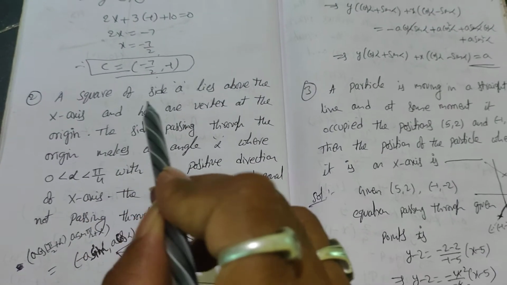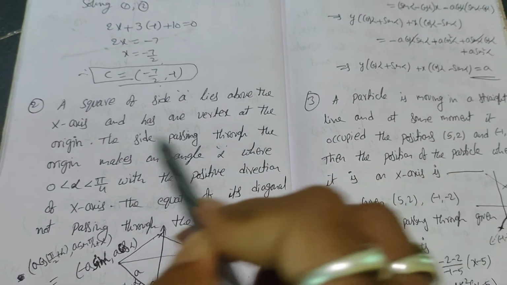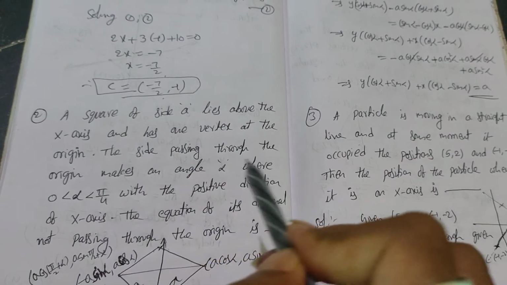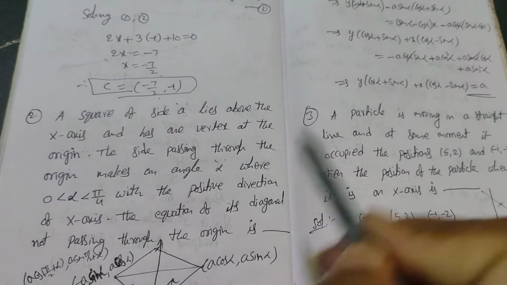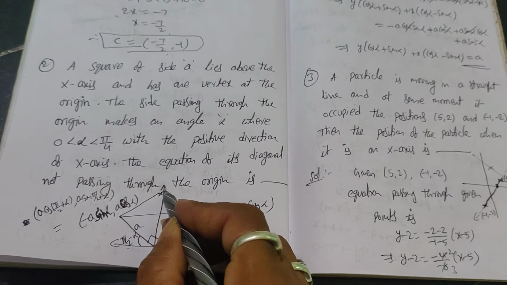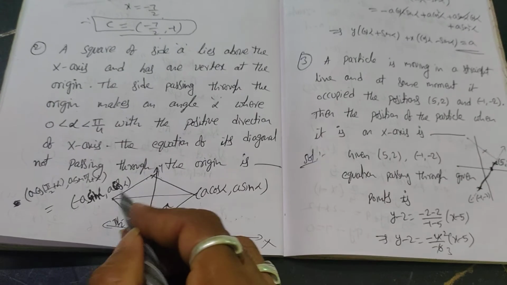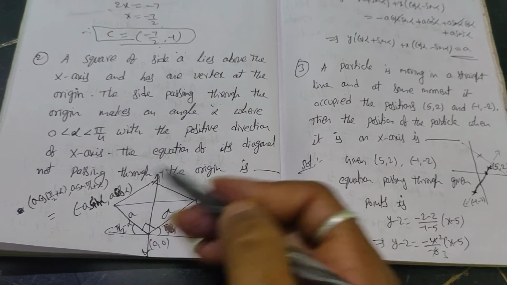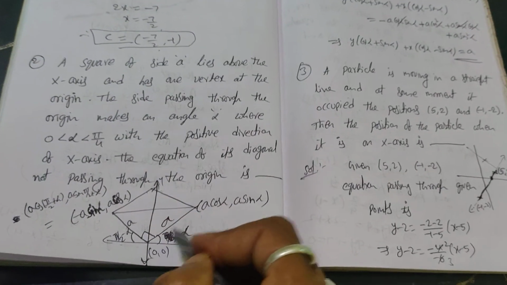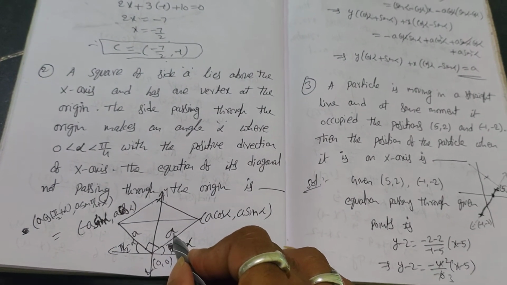Once again, a square of side A lies above the x-axis and has one vertex at the origin. The side passing through the origin makes an angle alpha. So this is the coordinate axis. If you draw, this is the y-axis, this is the x-axis. So the square, let us consider, actually it is not an exact square. So just imagine it is a square of the side length given, A units, and one of the